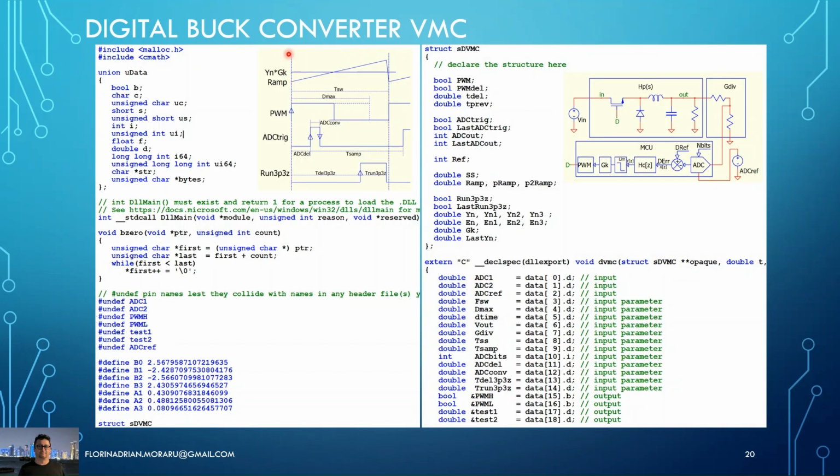Okay, so the code will be basically, we will have a ramp here, and based on the ramp, we will have a PWM signal, which also has a limit on the maximum duty cycle. Then we have an ADC trig generator. It's like a clock for the ADC, and then it's this run 3P3Z. It's like a clock, if you want, for the